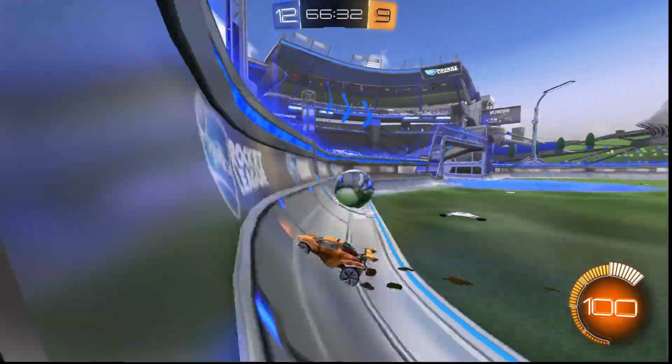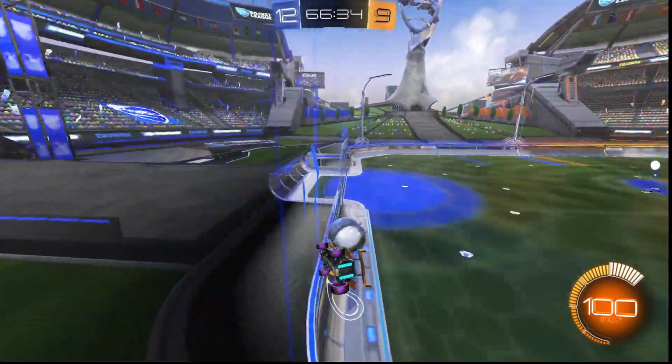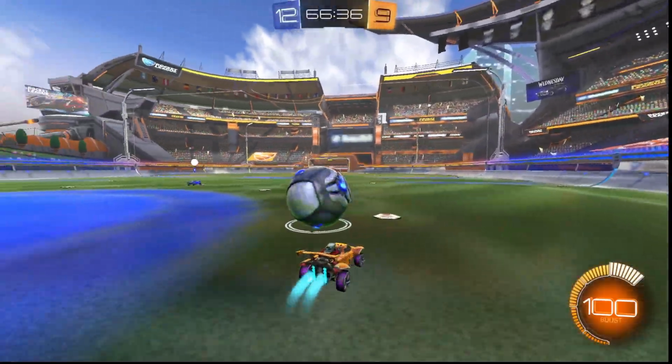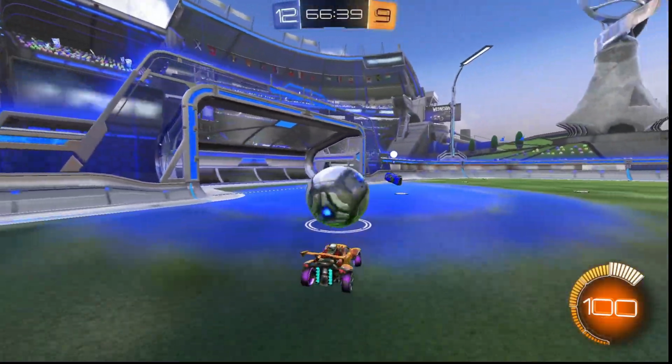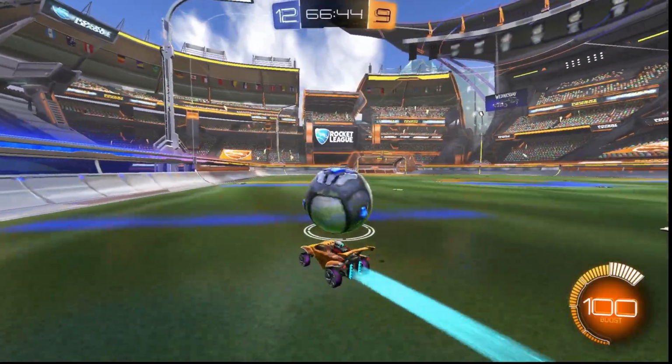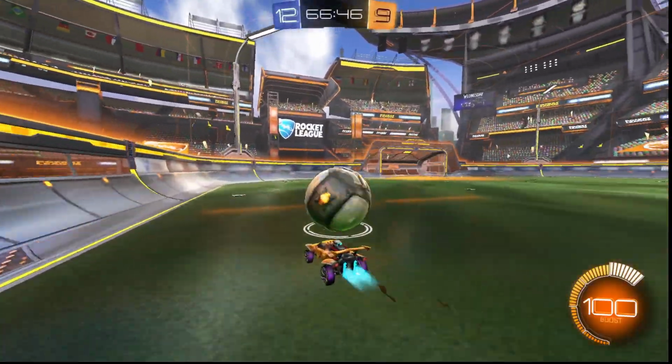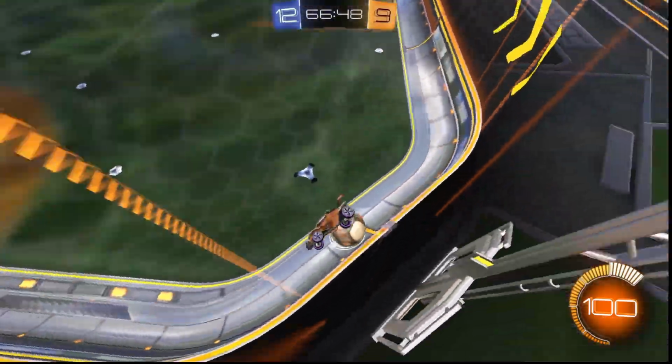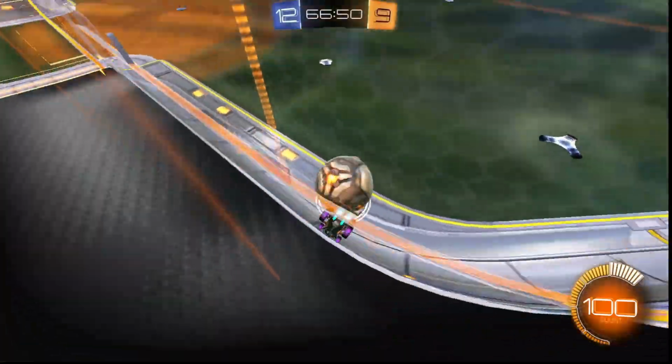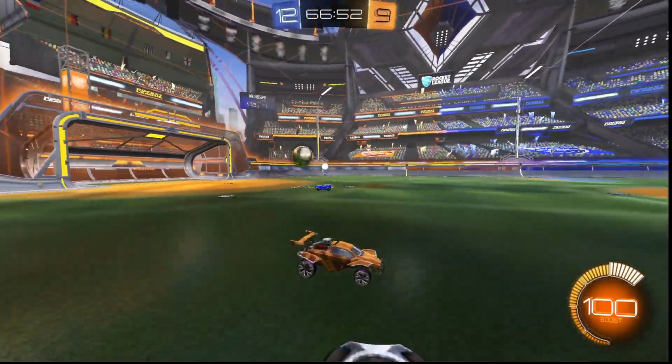Holds the ball. Enough speed. Doesn't hit it when it's close to the wall. Waits for it. And then, yeah, let's see this again. They're always tapping boost. He goes up above it, and then he passes it. And then